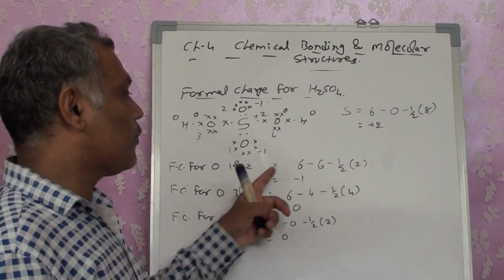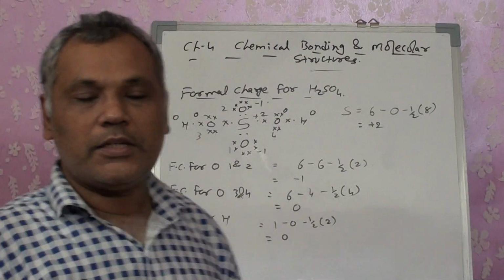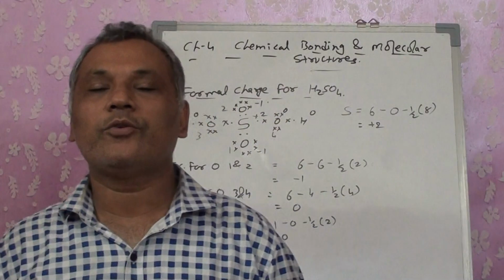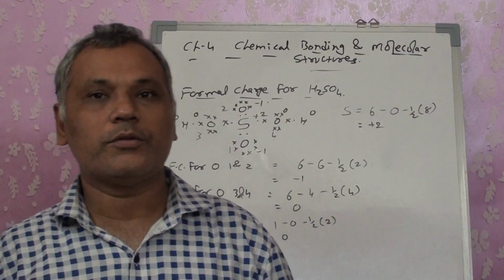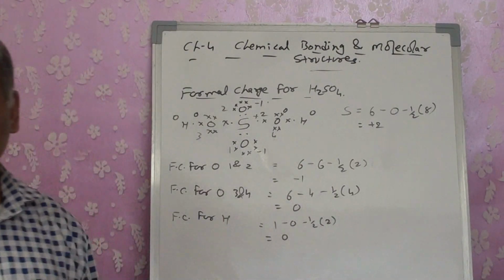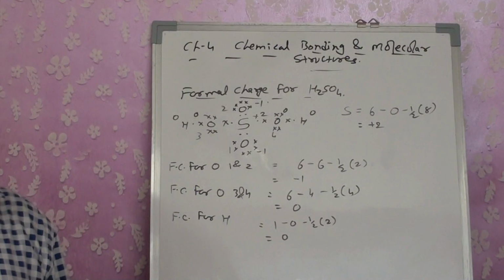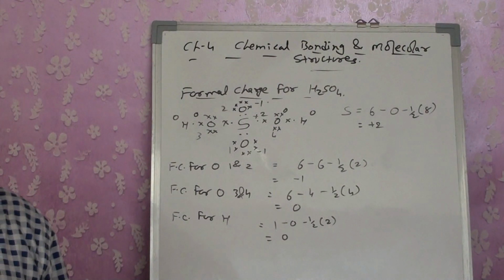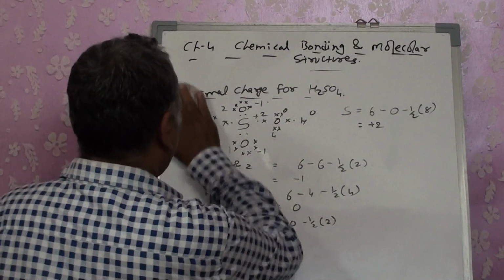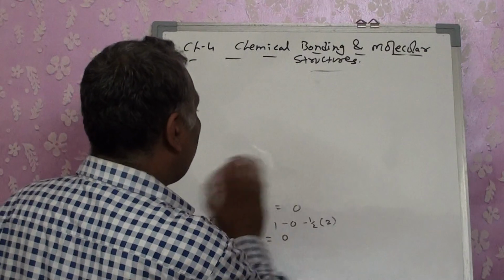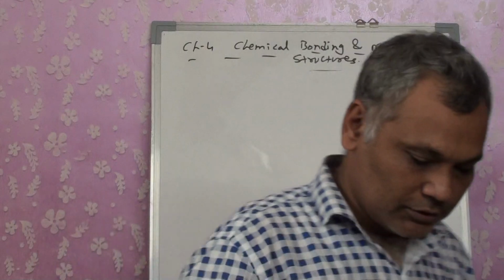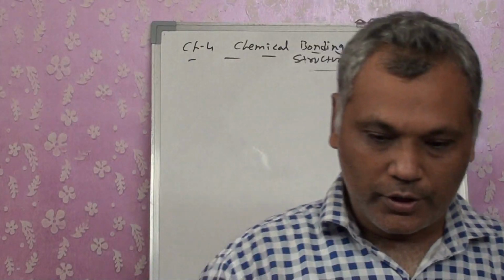Okay, the formula is most important. Valence electrons minus number of lone pair electrons minus 1 by 2 of bonded pair electrons. That will give you the formal charge. Okay, that's the formula for the formal charge. You may be asked in an exam to calculate the formal charge for any given compound. Okay, now after that we have another factor. This was your second factor of the covalent bonds, which is present in all the covalently bonded compounds.